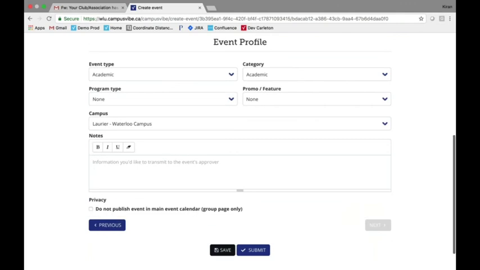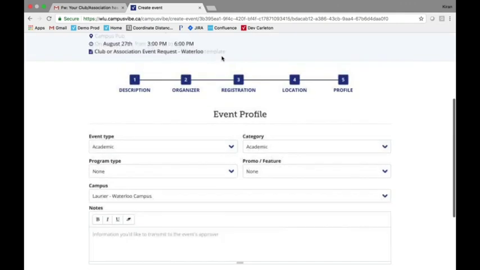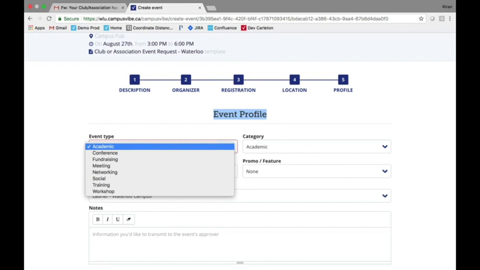You hit the next button, and now to complete our event profile, we want to, again, make it easier for students to find my event on the event calendar. So what do I do to do that? I must associate it with the tagging system that the Perch has. So tell us what type of event you are, select from the drop-down menu, what category